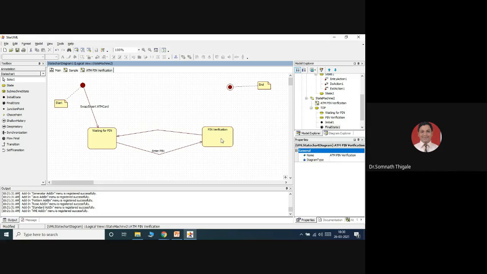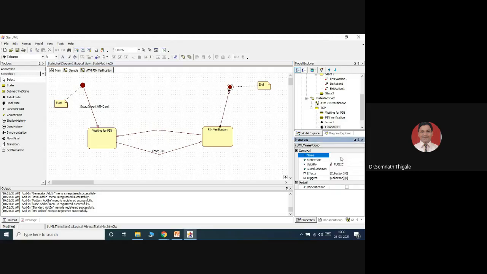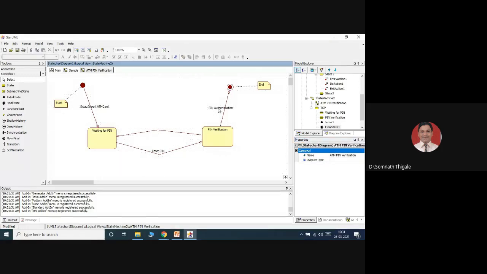And if you entered the correct pin, the information will be displayed on the screen by ending that particular transition. So we can say like this: when pin authentication is done, I will simply call it pin authentication.